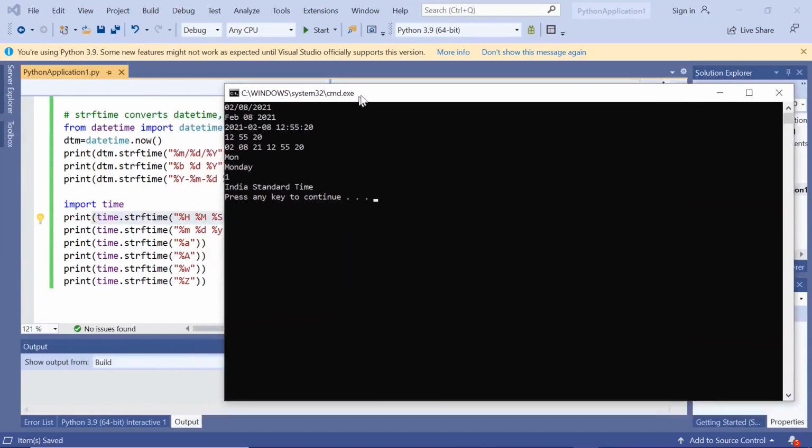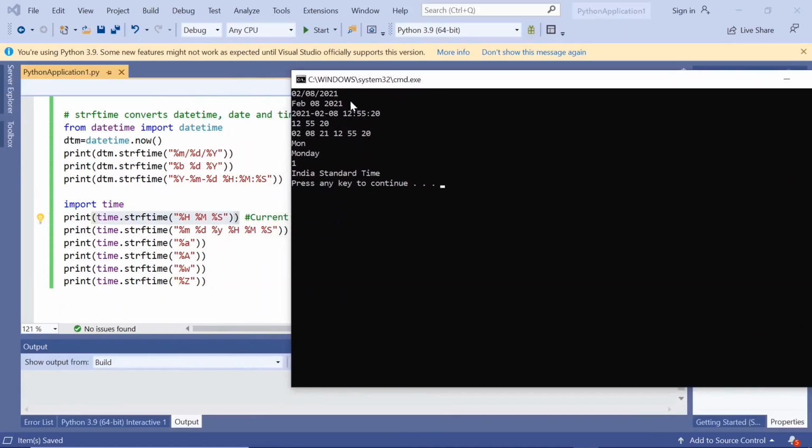Now let us see the results. First one is dtm.strftime %m %d %Y, that is month in two digits, February 02, and day is 08, and year is 2021.